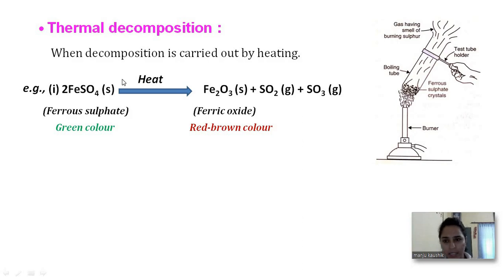So in that case, sulfur is released as sulfur dioxide and sulfur trioxide, and iron forms a bond with oxygen, forming ferric oxide. So students, whenever there is a decomposition reaction, when the reactant has to split up into two or more products, there will always be a requirement of heat, a requirement of energy, because there is a strong bond between the reactants.